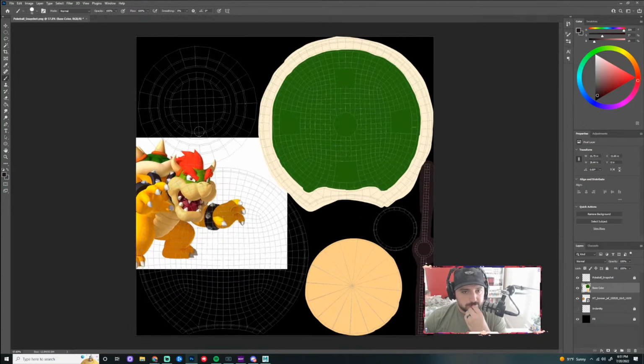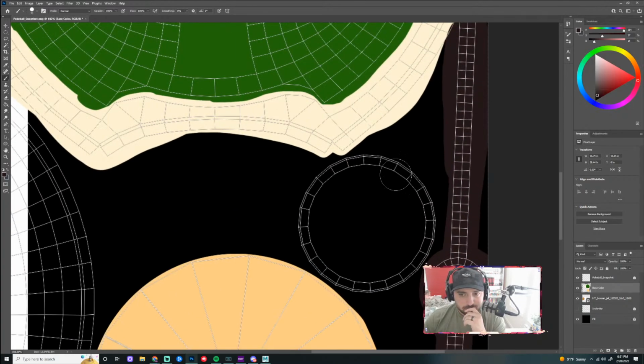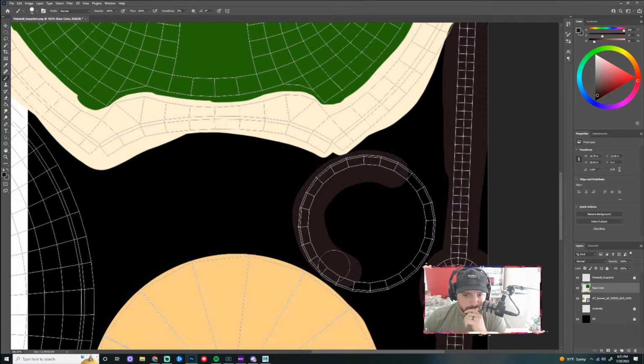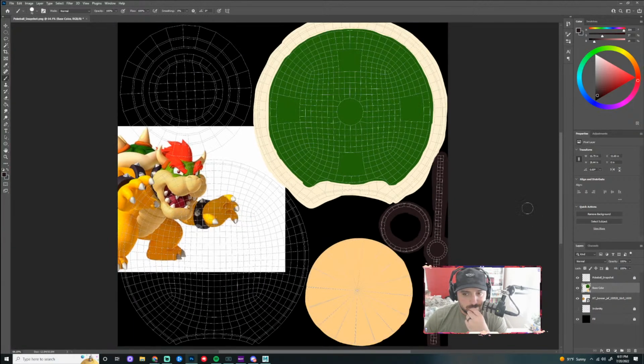So there's that. And we'll use that for the inside of the ring too, inside of the button piece. I think that could look cool.